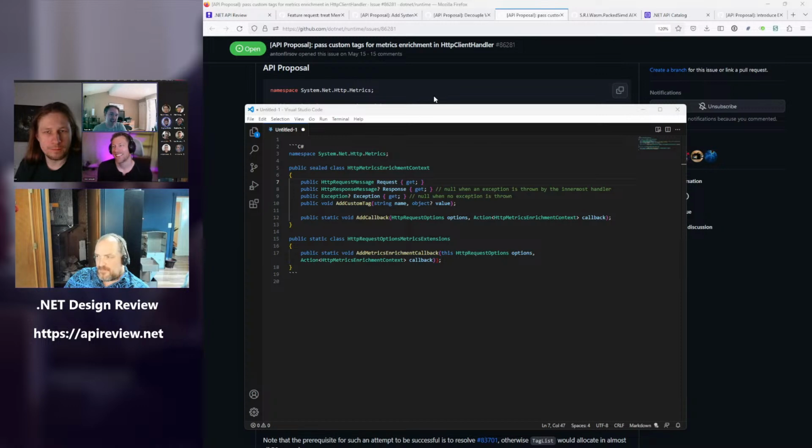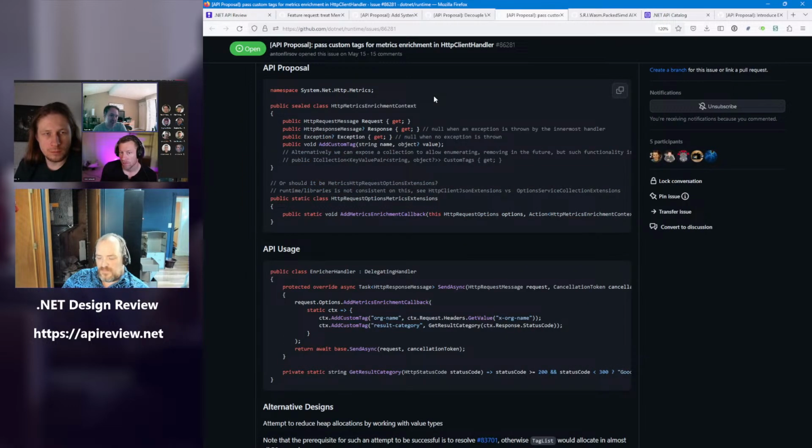Wait. Yeah. So I'm saying a third party could create their own metrics handler middleware, and then in their implementation of the middleware, they can read things from the options the same as we're doing, and the thing they read from the options can be a list of callbacks, and then they could invoke their callbacks. By middleware, do you mean they would register their own delegating handler? Right. With the extension method? Yeah. I'm not encouraging them to do it because we're doing it for them, but I'm just saying, in principle, a third party could write this.